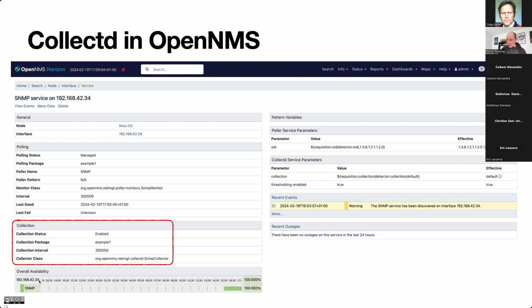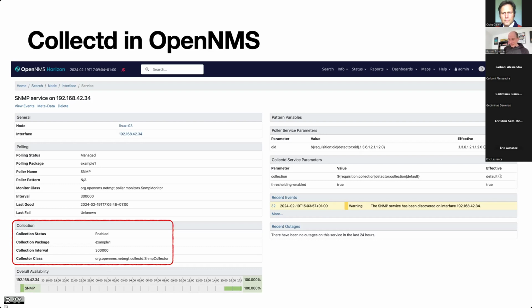And the combination of the IP address and the service, so the service on an IP address, gives collectd basically the entry point to the SNMP agents. How do we need to talk to the SNMP agent? It is based on the IP address with the SNMP service.